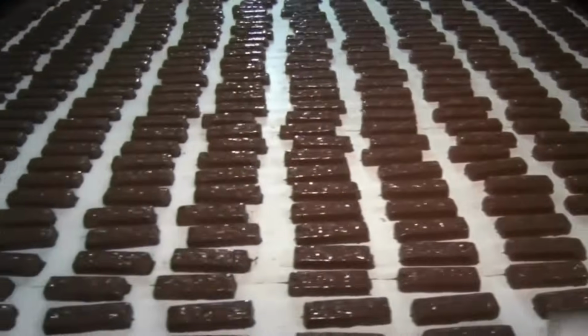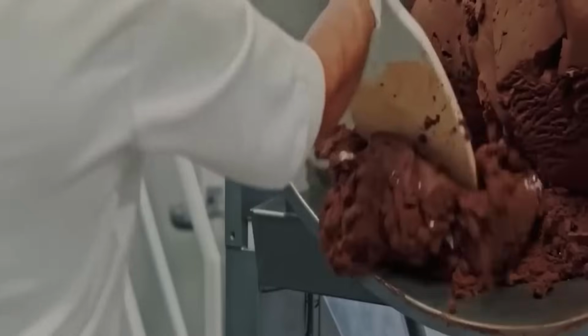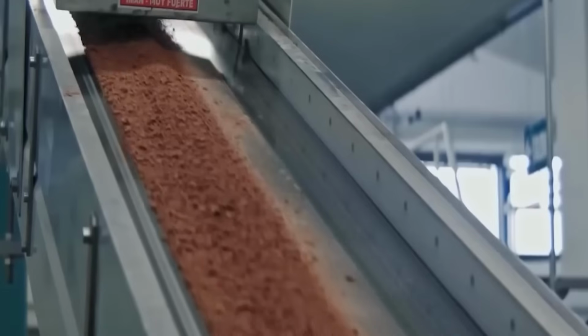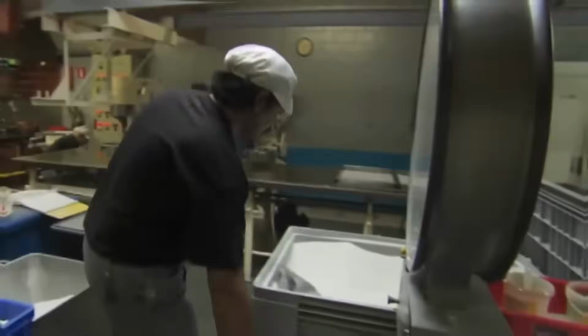Each of these ingredients is subjected to stringent quality control upon arrival. Cocoa powder is tested for fat content, microbial load, and flavor integrity. Milk powder is checked for protein and moisture levels. Sugars are screened for crystal size and cleanliness. Once cleared, they are transferred to bulk storage systems that feed directly into the production lines through enclosed, pressurized delivery tubes to minimize contamination. The first component to be produced on the line is the nougat base, which forms the